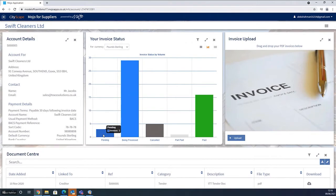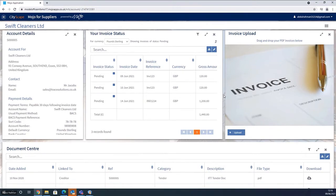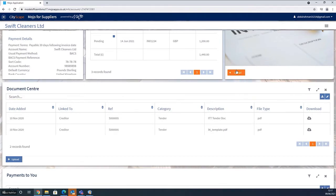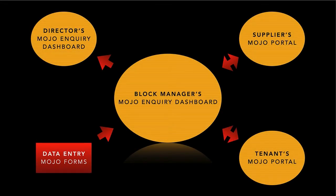Suppliers and contractors are also able to access information relating to their account and reproduce documents such as payment remittance details. The management company may also require their contractors to upload their compliance information to the portal, including insurances and perhaps supply chain policy documents. So I've shown you lots of Mojo apps, which is how most users will be accessing